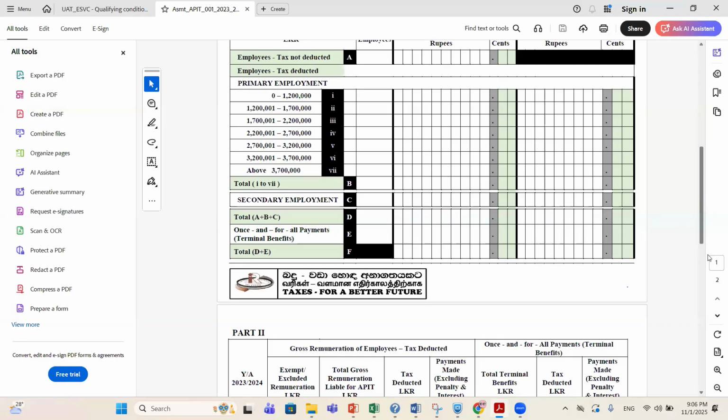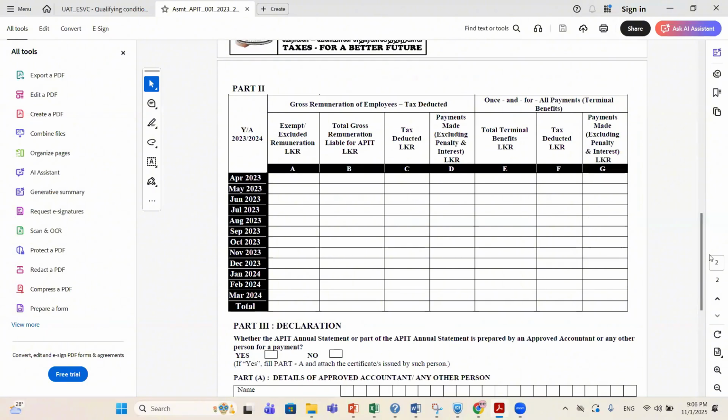Second part, you have to enter the same on a monthly basis. So this is the gross remuneration of the employee and the tax deducted, and the exempted and excluded remuneration, total gross remuneration liable for APIT, tax deducted amount, payment made.